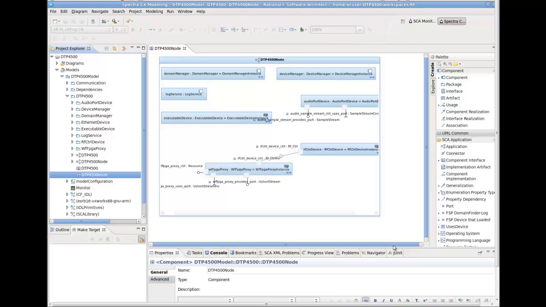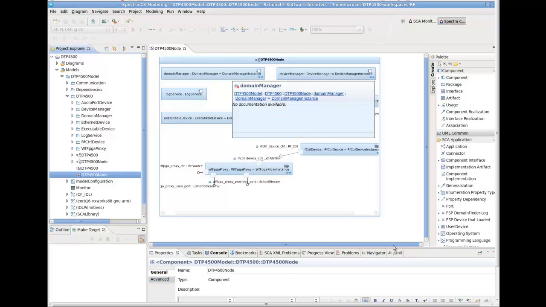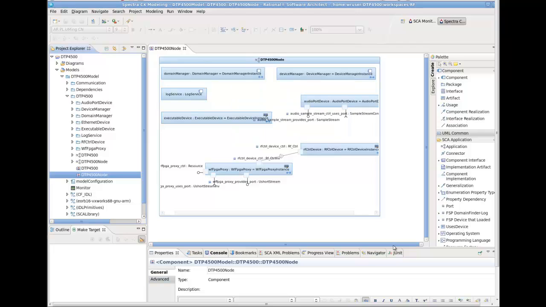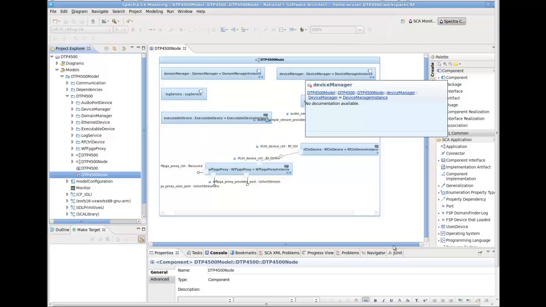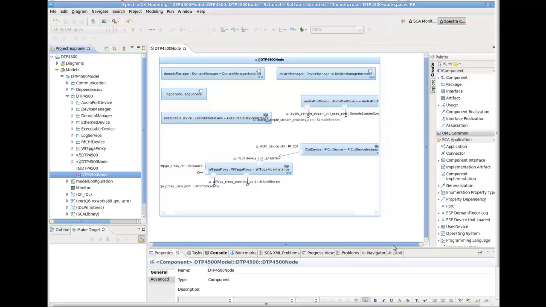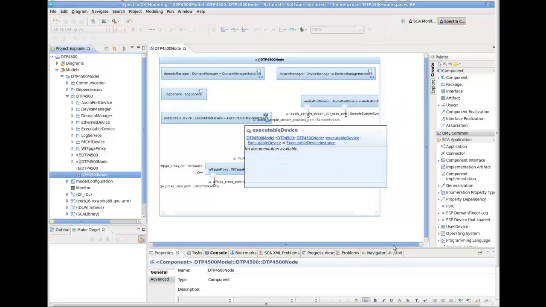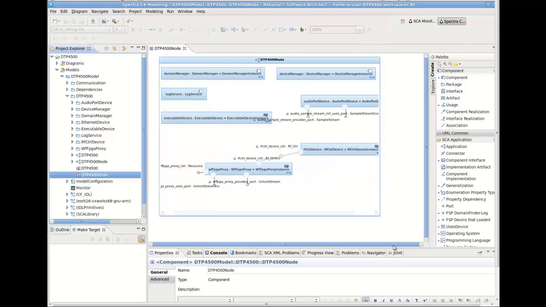In the assembly we have an instance of domain manager. So at runtime when we start up a device manager for this node, it will automatically run the domain manager. We have the standard log service here, and we have the device manager itself. We also have an executable device, which in this case is a standard binary executable device that we ship with our core framework. Since this is a binary that we have pre-built and shipped, we're not going to be